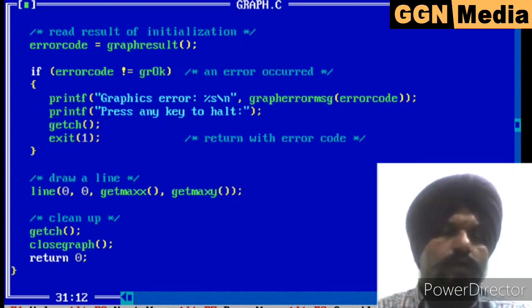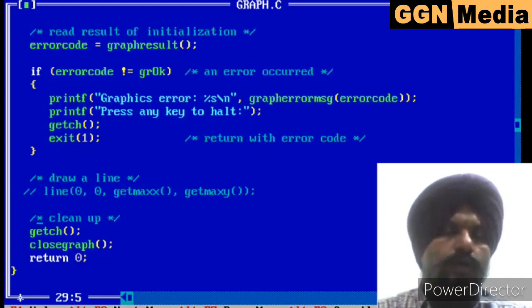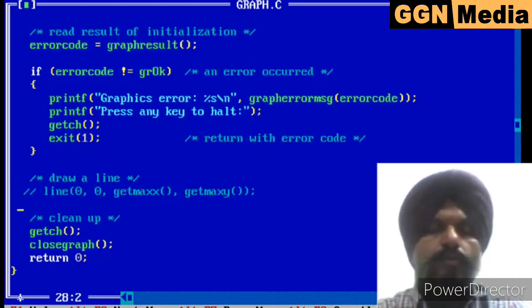Now let's see what the resolution and monitor type are on my PC.